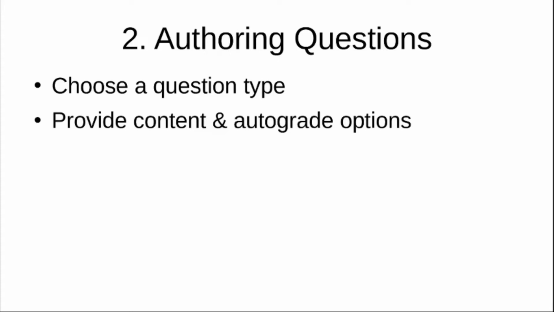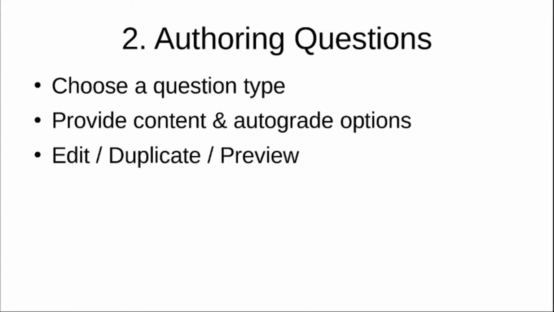Now when we pick the question type, the second stage is to provide the content for the question. So you can actually copy paste it from a document that you might have prepared already. You could also use some images, you can insert some equations, and if it has some auto grade possibility, then you can also provide what kind of a mark that you would give for which of the options. There are also possibilities that you can allow for multiple answers with different weight for each of those options.